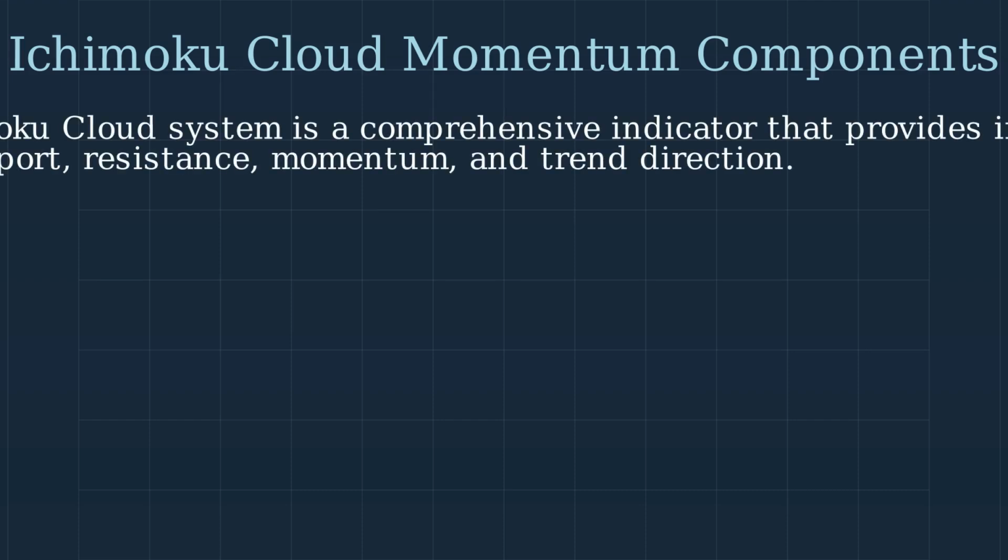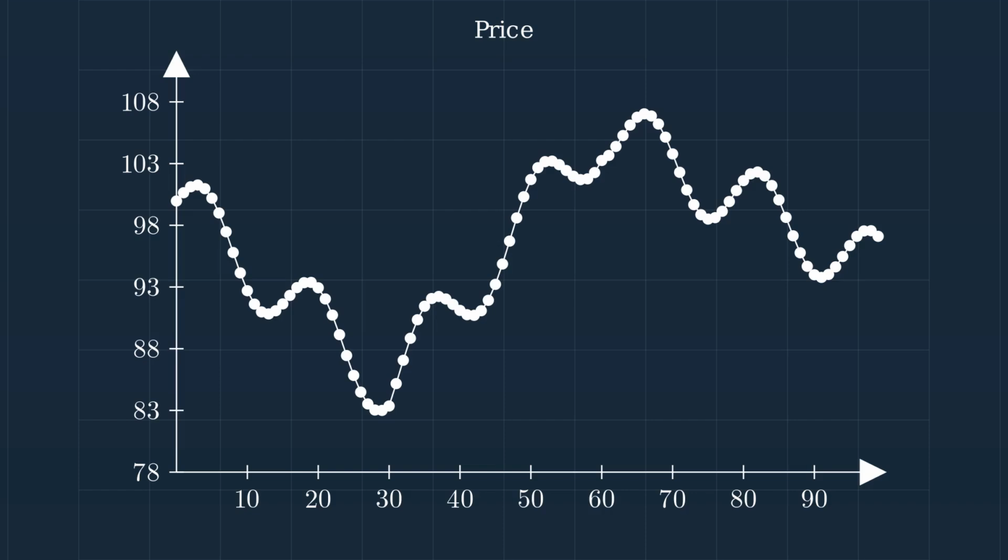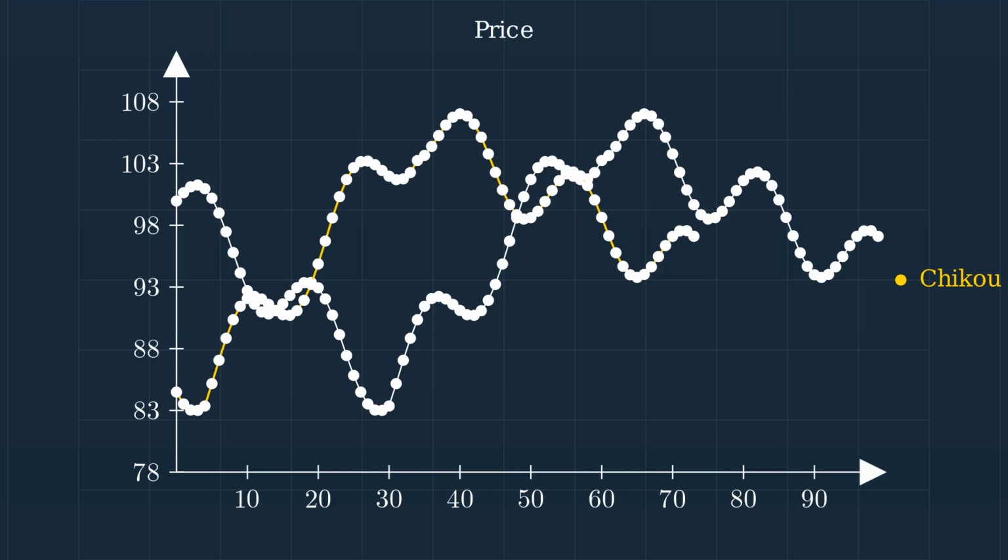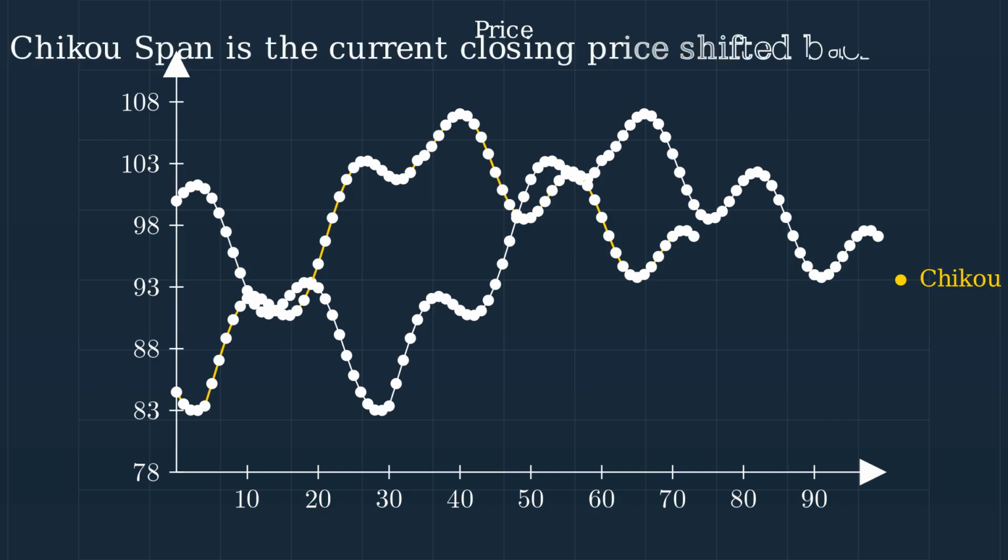The Ichimoku cloud system is a comprehensive indicator that provides information about support, resistance, momentum, and trend direction. To understand the momentum components of the Ichimoku cloud, let's first look at a sample price chart. The Chikou span, also known as the lagging span, is a key momentum component of the Ichimoku cloud system. The Chikou span is calculated by taking the current closing price and shifting it back by 26 periods on the